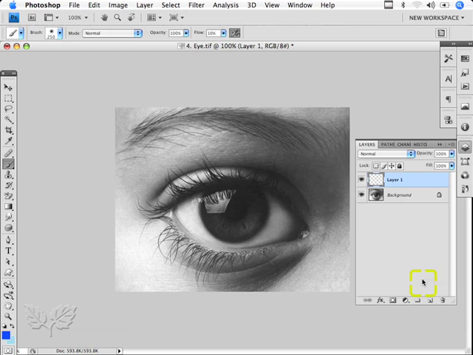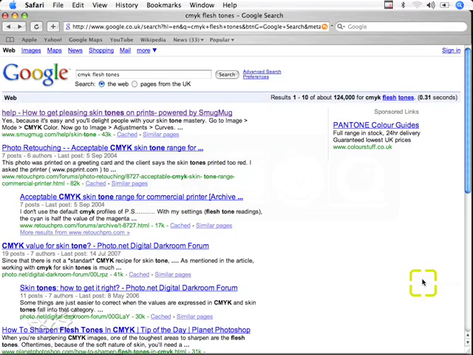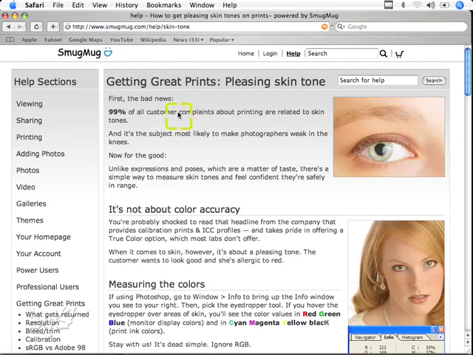I'm just going to flip to a web browser, and I'm going to use this to look up a good CMYK value for a flesh tone. So if I flip into Safari here, because I'm on a Macintosh, and I've gone to Google and I've typed in a search of just CMYK flesh tones, and a particular web page that I use a lot is this one from smugmug.com, which sounds like a pretty good name. So if I click onto that, it comes up, and if I scroll down a little bit,